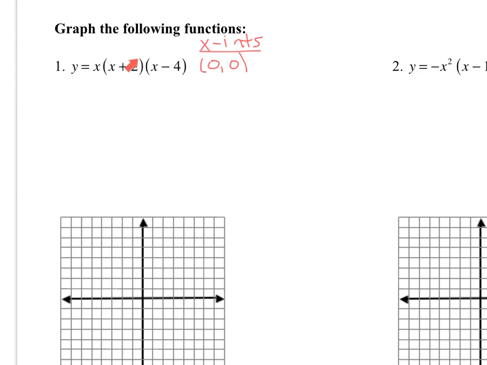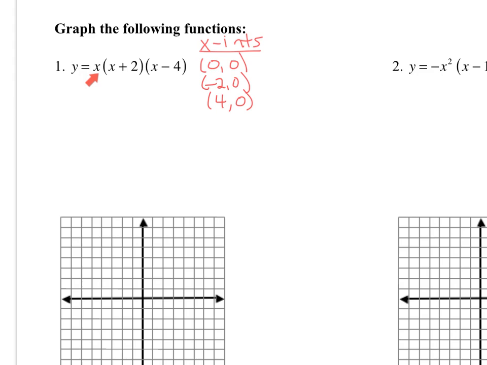The next x-intercept comes from the second factor, so x plus 2 equals 0. Your x-intercept would be negative 2, 0. And then your third factor would yield an x-intercept of 4, 0. So those are our 3 x-intercepts. If you look here, you can tell the